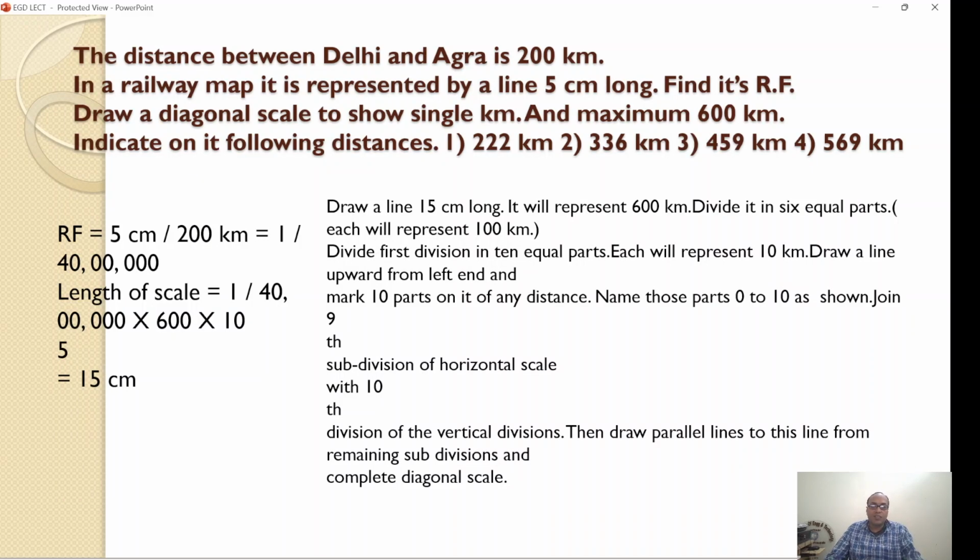So now we are taking a problem to see how the diagonal scale problem is solved. The problem is: the distance between Delhi and Agra is 200 km in a railway map. It is represented by a line that is 5 cm long. Find its RF and draw a diagonal scale to show kilometers, and the maximum distance is given as 600 km. Indicate on this scale the distances of 222 km, second 336 km, third 459 km, and fifth the next